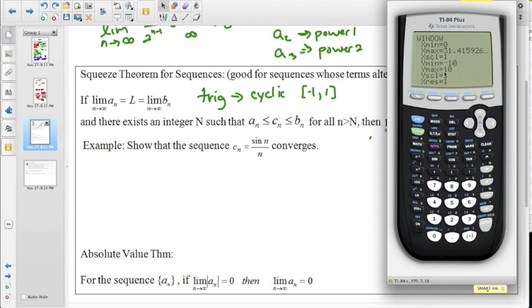We'll keep our y min and max at 10 and minus 10, just to see what this looks like. It's tough to see, so let's go ahead and zoom in. Let's set this window at -1